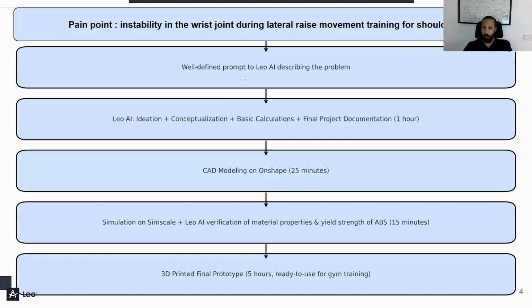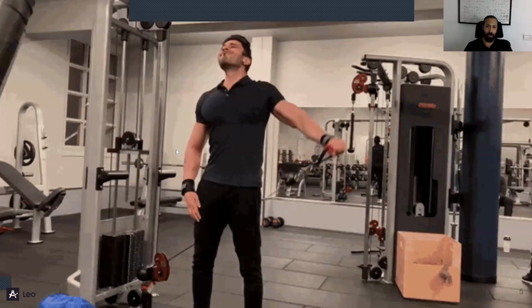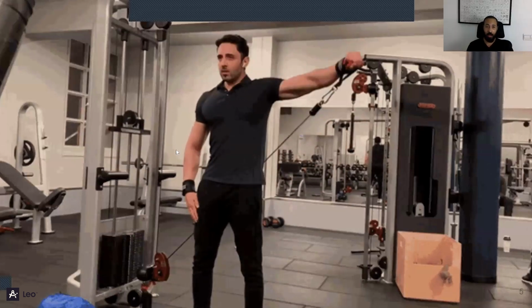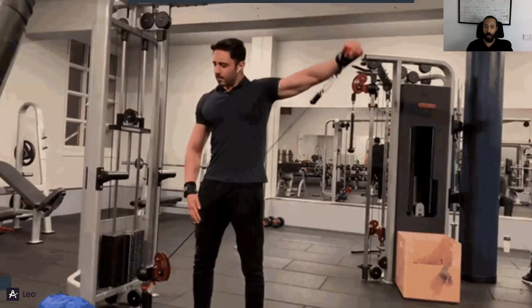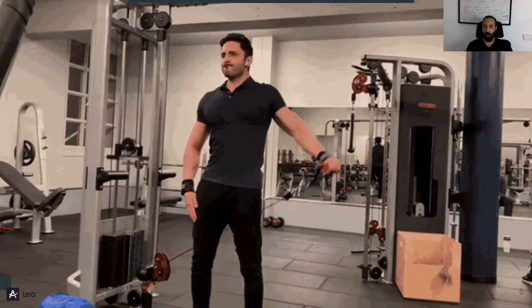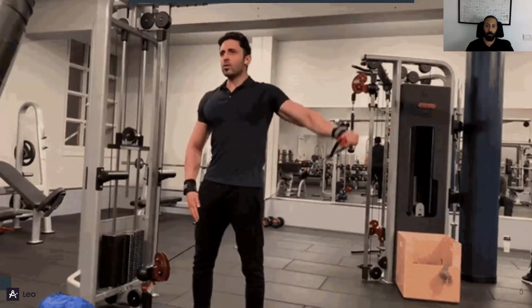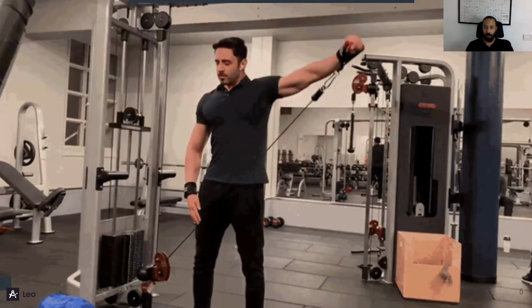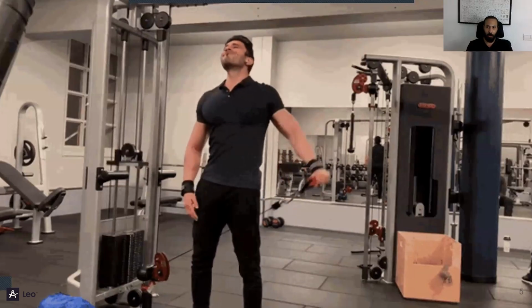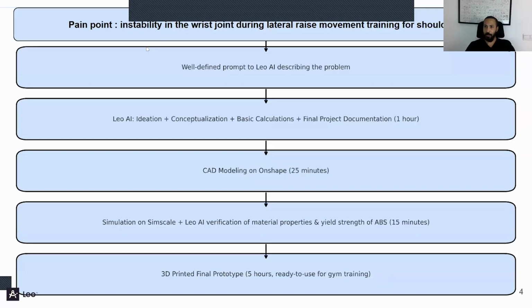There's the pinpoint I can show and explain really clearly here in that simulation. This is exactly a certain training for lateral raising for shoulder abduction. And usually people who go to the gym know how painful and annoying it is to perform that training without spraining your wrist or having some kind of pain in your wrist. So we want to isolate that joint, and we want to make sure that all the load is transferred to the shoulder muscle. So how did I do that in this design sprint?